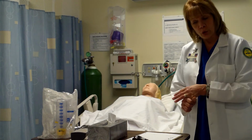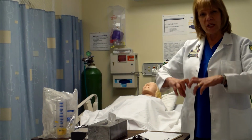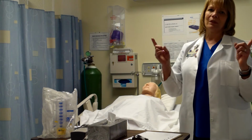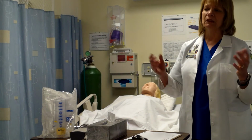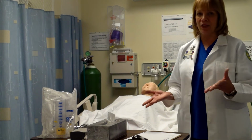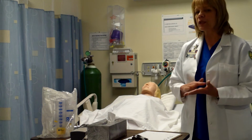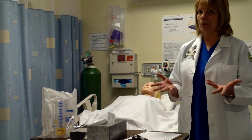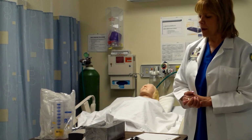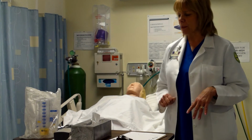So the flow-oriented one requires the patient to raise a ball and maintain a ball in a certain place and then count how many seconds they held the ball there. So it requires math. Much more difficult for the patient and the therapist, probably not as accurate. So you won't see those as much, but they are cheaper. So some people buy things according to cost. So you'll have to know the difference between the two and how they work, but you will be demonstrating with